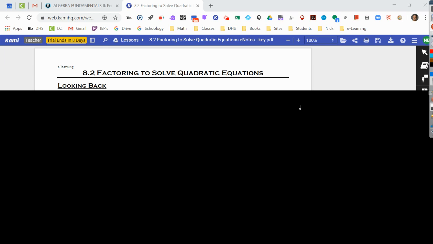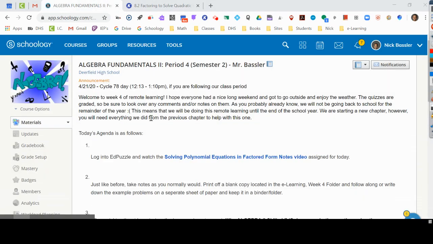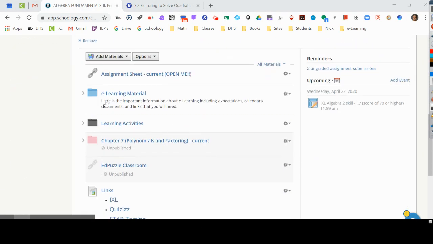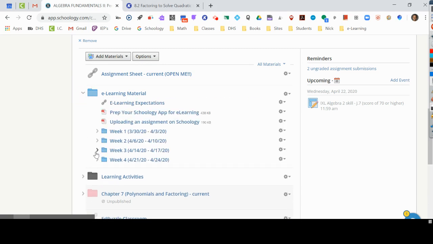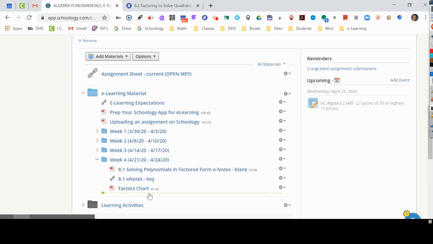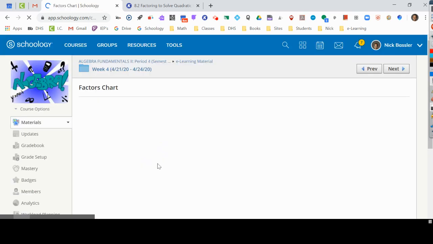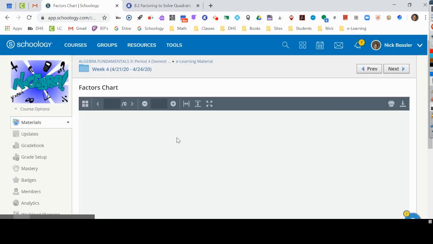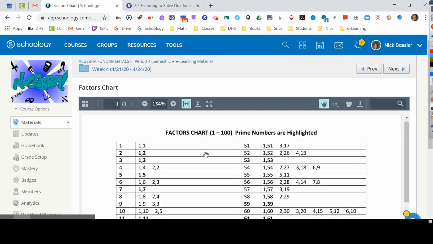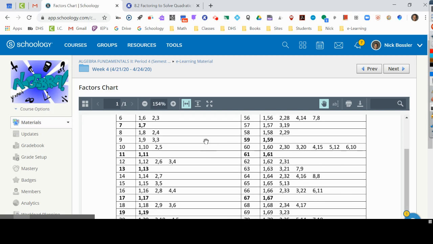And because we are factoring, we are going to need this factors chart again, all right? So this factors chart is not going to go away, right? Because we are factoring, and this chapter has to do with factoring as well. So hopefully you printed this out and didn't forget about it or lose it, because we're going to need to reference the factors chart today when we're factoring now to solve these quadratic equations,